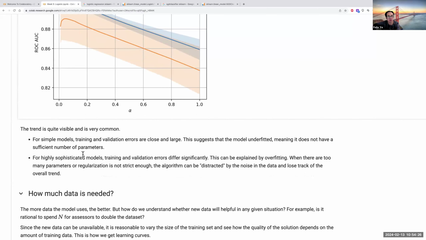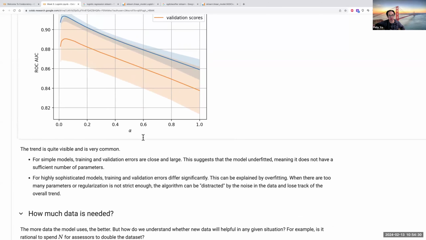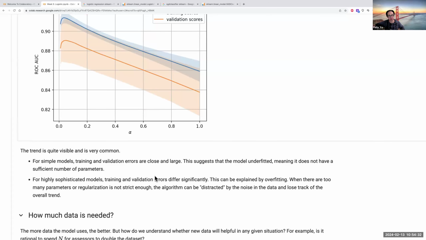So for a simple model, it's very clear the training and validation error are close and pretty large. And that suggests the model is underfit. That means it doesn't have a sufficient number of parameters. So we need a more complicated model. But with highly sophisticated models, that means